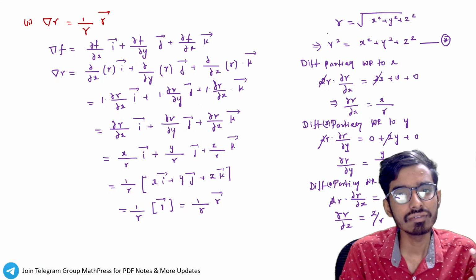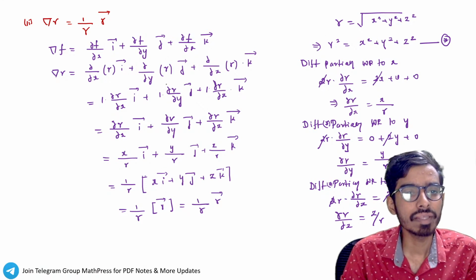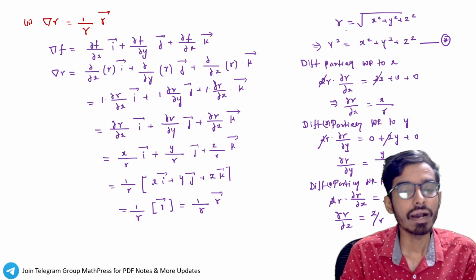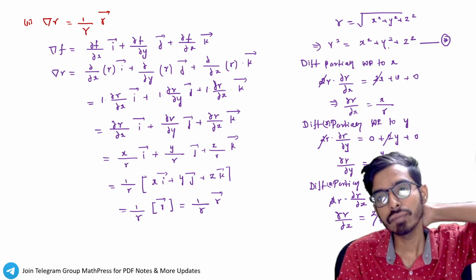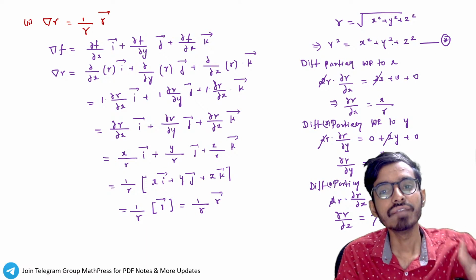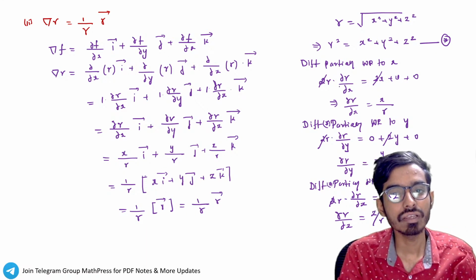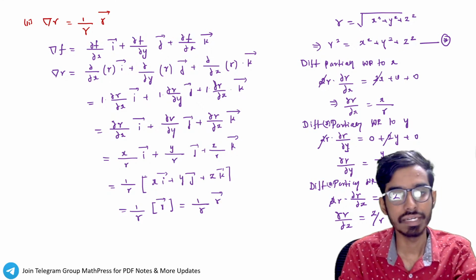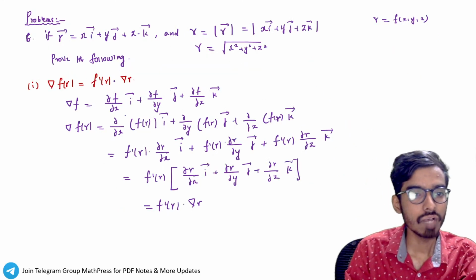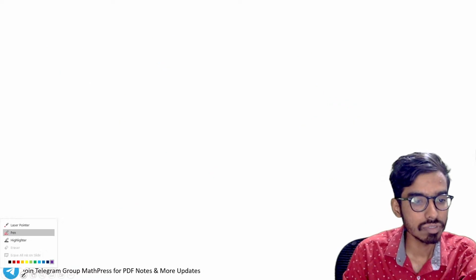What is r? r is root of x square plus y square plus z square. So we need to find dou r by dou x, dou r by dou y, dou r by dou z. We know r is root of x square plus y square plus z square, so r square will be x square plus y square plus z square. Differentiate partially with respect to x, y, z, you will have dou r by dou x, dou r by dou y, dou r by dou z. So we have proved two things as of now. So the third thing is,